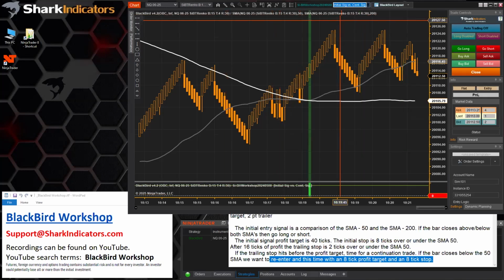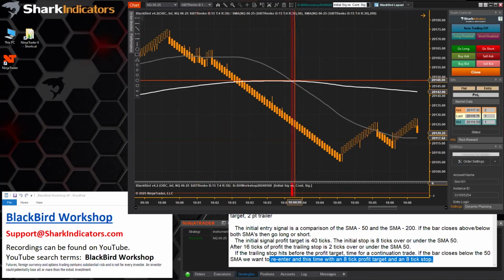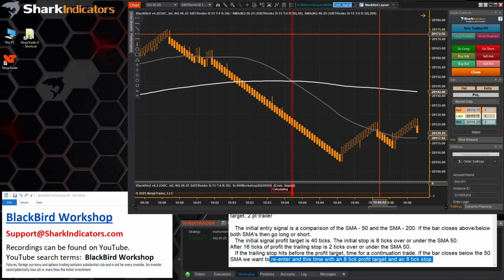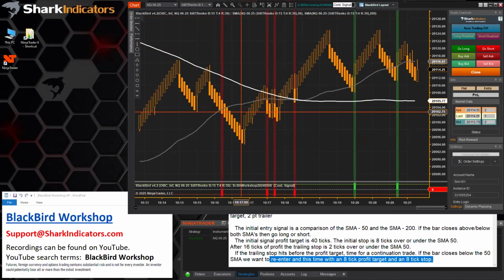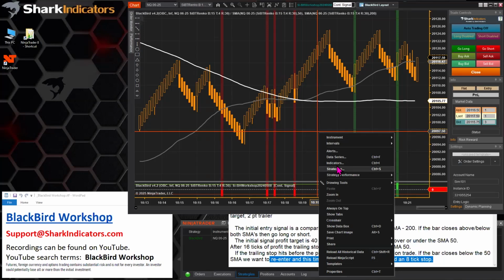So we can either look at the initial signal, so we just had our moving averages cross, so there's our initial signal. And if we go back here, there's that initial short when we first started building the profit target and stop loss. Or we can look at the continuation signals on the chart there. So if you really wanted to see both of those entry signals, then we could just add